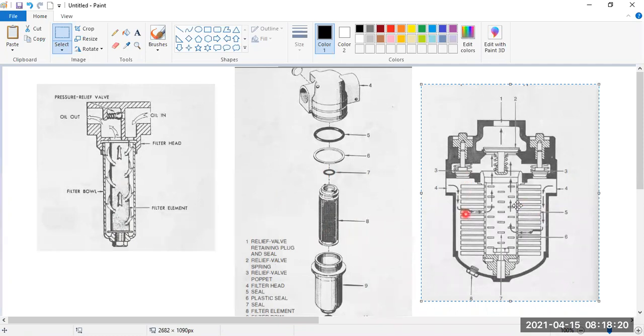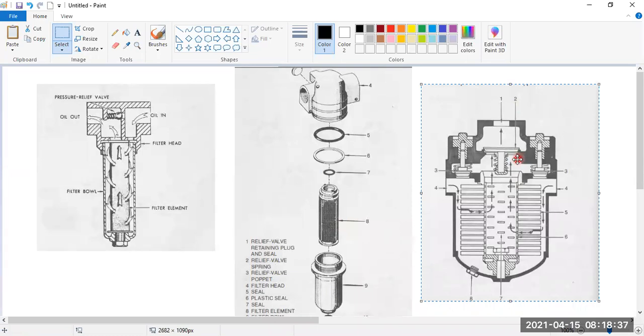And the third type is the screen disc type. Same way, oil will come from the inlet, go over the filter, and into the disc. From here, it will go up. If there is a high pressure, that means if it is getting clogged, it will open a bypass valve from here. From here, it goes out. So that is how the pump filter is working.